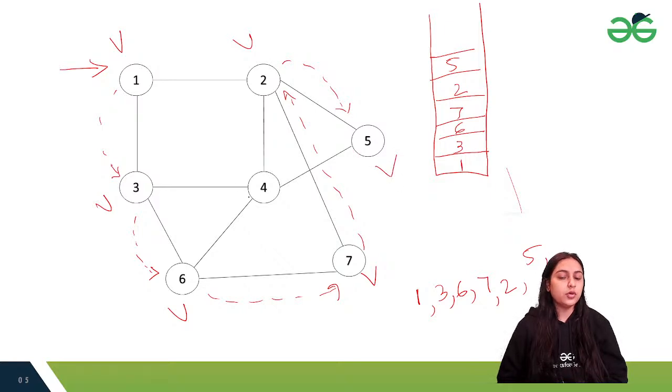अब 5 के पास क्या ऑप्शन है, ओनली 4 इज द ऑप्शन जो कि हमारा विजिटेड नहीं है। सो 5 विल गो वेयर, 5 4 पे जाएगा, 4 हम यहाँ पुश करेंगे, 4 हम प्रिंट करेंगे और 4 पे विजिटेड मार्क कर देंगे, ठीक है। 5 से हम 4 आ गए ना। इस पूरे पाथ को जो हमने अभी फॉलो किया, इसको बैक ट्रैक करने के लिए क्या हेल्प करेगा, इसको बैक ट्रैक करने के लिए मेरा ये स्टैक हेल्प करेगा, ठीक है।